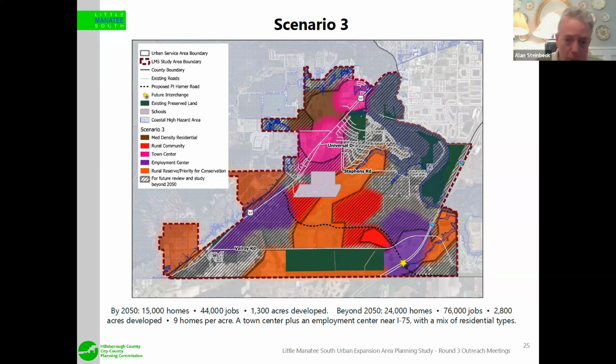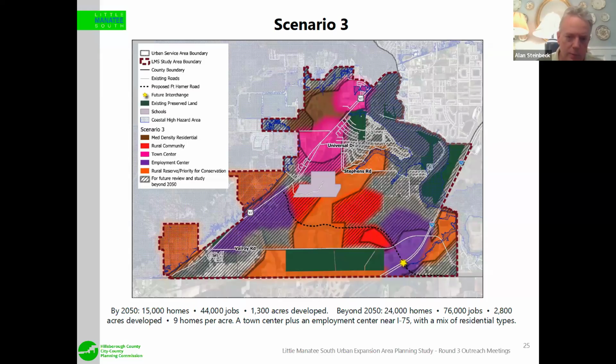We've also shown in here rural community and rural reserves, with the mix of conservation, showing those more creative categories that have things like cluster development, prioritizing the preservation of rural lands within development, so you're not building on the whole piece of property, and having a little bit different flavor for residential development, where you don't have your typical suburban development, but you have something that is rural by design, which was an old phrase used in our industry to describe places that respect rural place type, but still have accommodation for new homes